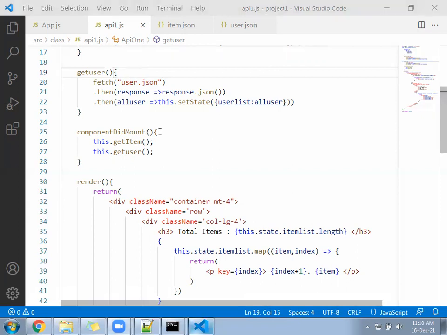So if the execution is happening in the public folder, then no matter. The JavaScript file is under the src and class folder, but at the time of execution, the path will point to the public folder only. Because of that you are able to call it. Indirectly my JavaScript file points to the public folder only. Execution happens in the public folder, so we are able to call the user.json file from the public folder. If execution happened in the class folder, then you could not call the file from which folder? Public folder. Okay?